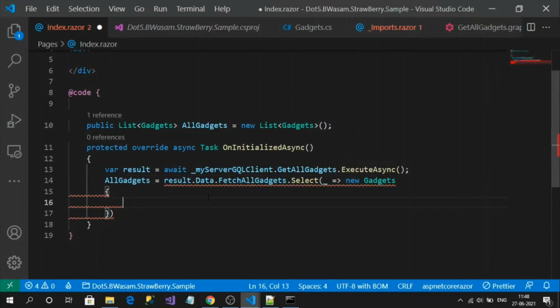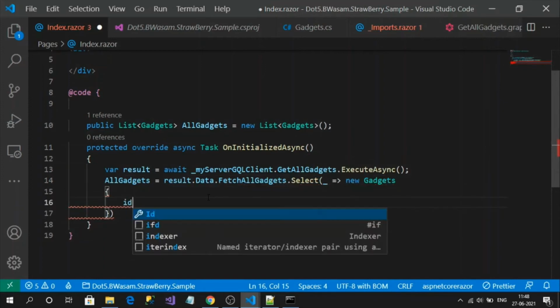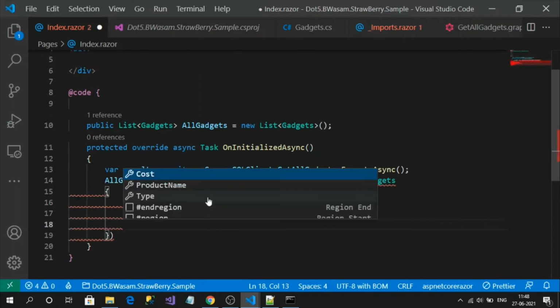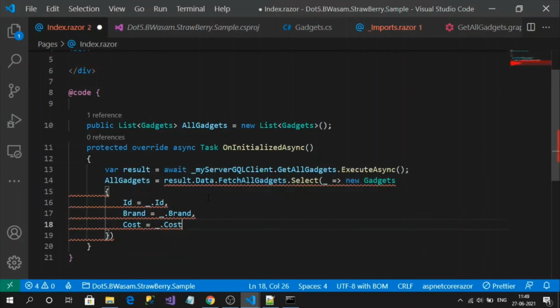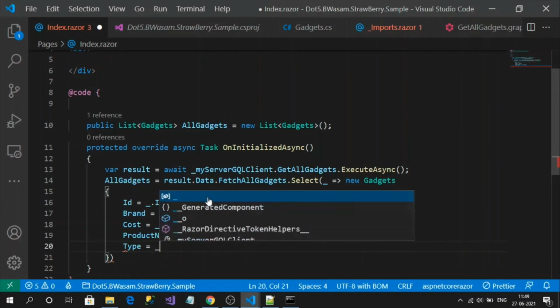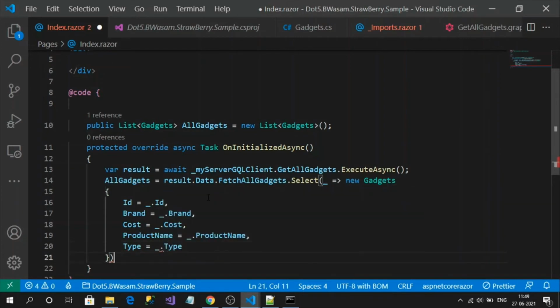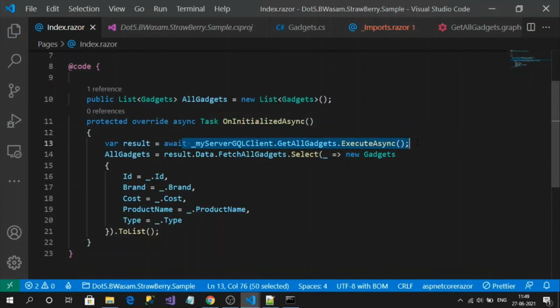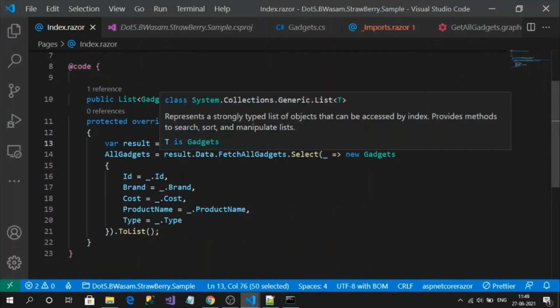Here I will map the data. That's it. Just this line of code invokes the GraphQL endpoint, and the response is mapped to our required